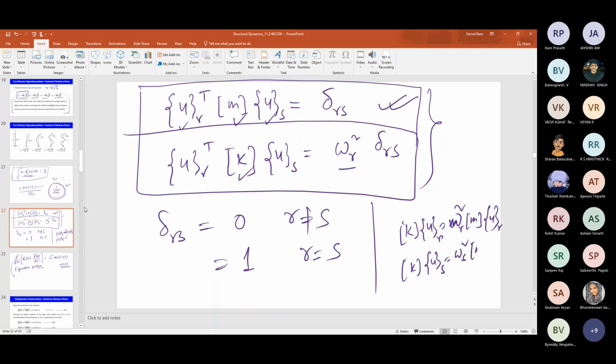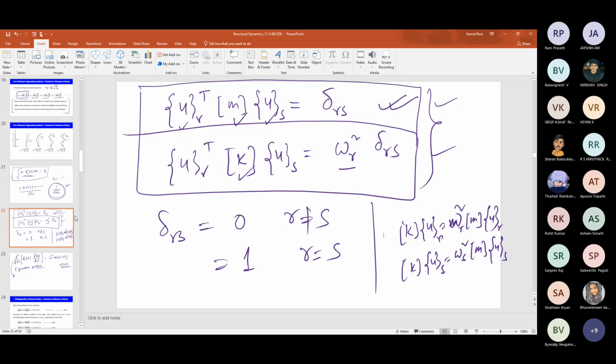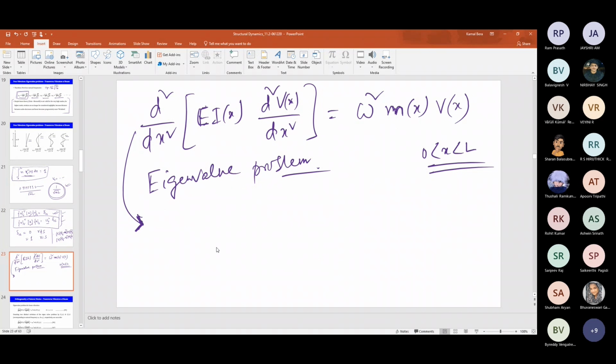For your convenience, I am writing here so that you can see the analogy between the two. The sth mode is also applicable, because those are the set of solutions. Then you remember multiplying by u_s transpose and doing something. Here it is similar, but you have to do integration by parts, and we will discuss that tomorrow. We will obtain similar expressions, not the same: these two are in matrix-vector form, and here it will be in integral form.